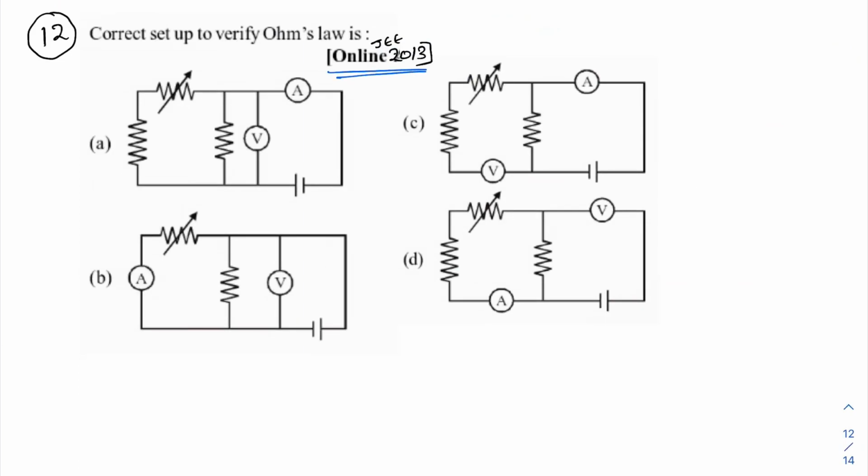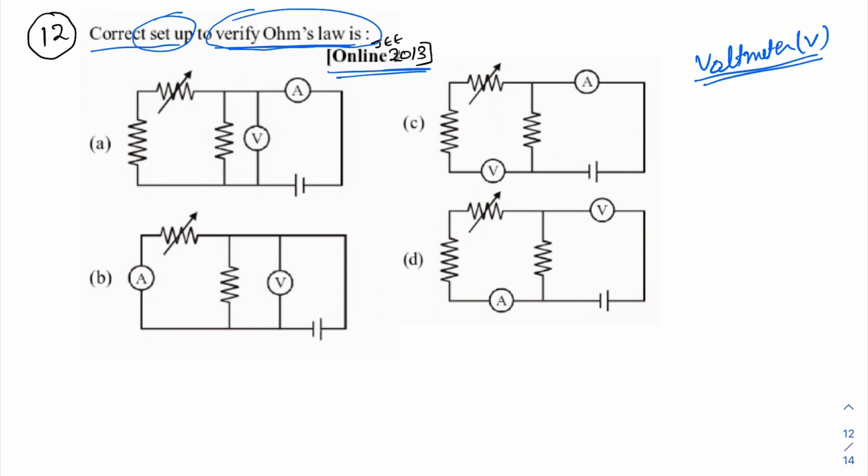It is an IIT JEE 2013 question. In this, what is the correct practical setup for Ohm's law? Ohm's law के लिए क्या होता है, देखिए यहाँ पर दो चीज़ है, एक तो होता है वोल्ट मीटर, मीन्स वोल्ट, ये तो वोल्टेज मेजर करेगा। वोल्ट मीटर एक इक्विपमेंट है जो वोल्टेज मेजर करता है,